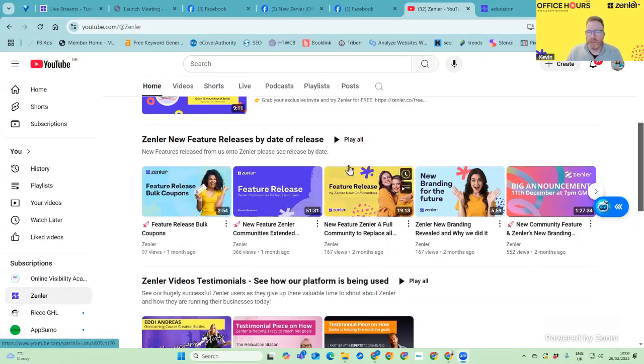Then we've got the community release that we did just before the new year. And we've done upgrades on that as well. So keep your eye on the communities because it is evolving quite quickly. As people are using it and the team are using it, and we're getting more and more into that feature, more stuff is being released around communities.